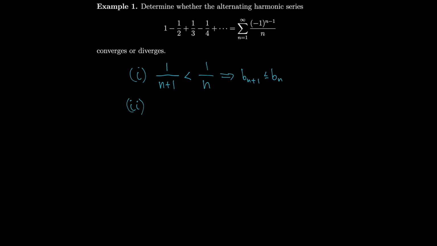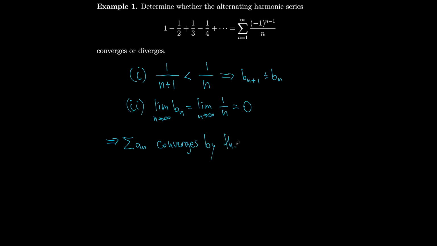And we look at our second criterion. We need the limit of the bn's to go to 0. Well, the limit of the bn's is just the limit of 1 over n. So that is 0. So we satisfied both conditions. We have an alternating series. That means that the sum of our series an converges